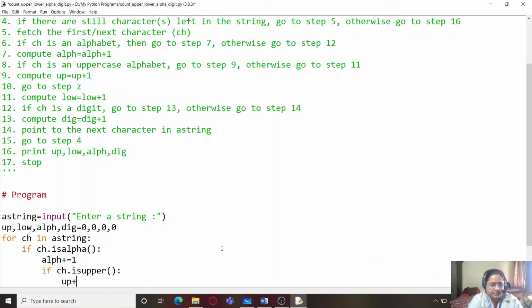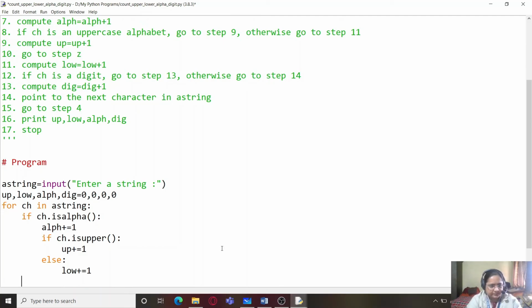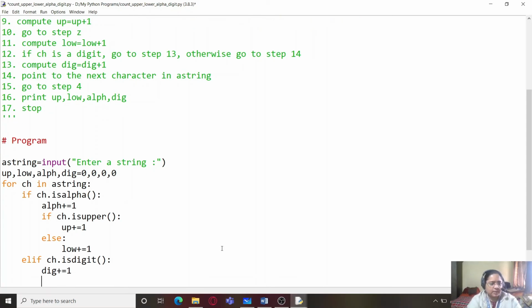So we will write up plus equals to 1, else low plus equals to 1, because it is quite obvious that only alphabets can be upper or lowercase. So if an alphabet is not uppercase, it will definitely be lowercase. Come back, elif ch is digit. If it is a digit, then dig plus equal to 1. And we are not going to write else, it is not compulsory over here, we can skip that if we want, and we'll simply come out of the for loop and print